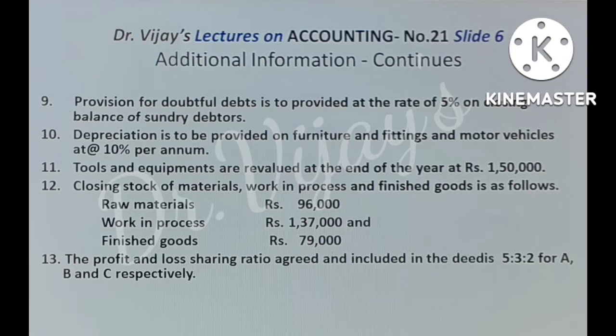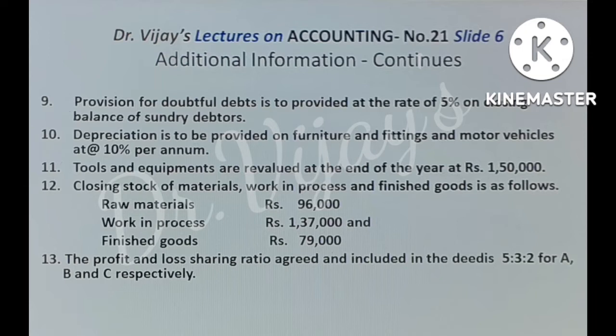The profit and loss sharing ratio of partners is 5:3:2 for A, B and C respectively. After finding out the net profit, the final net profit as per the profit and loss appropriation account should be divided among the three partners in the ratio of 5:3:2 and transferred to their